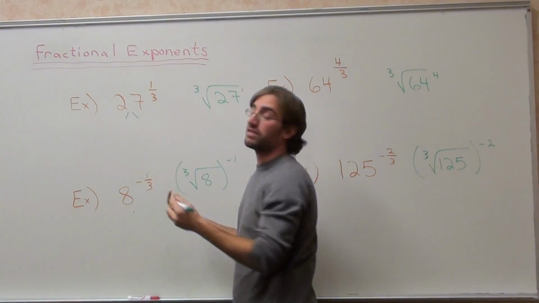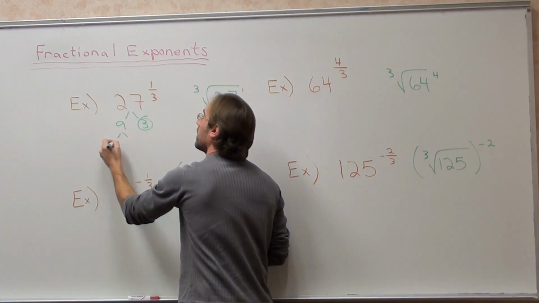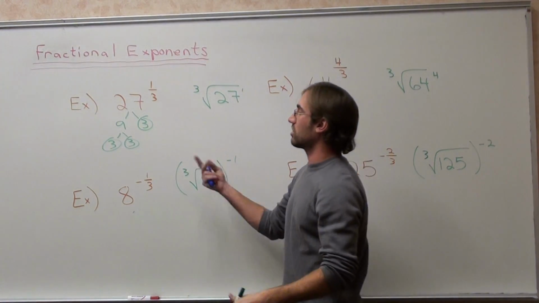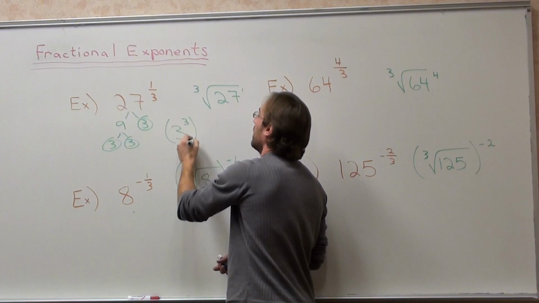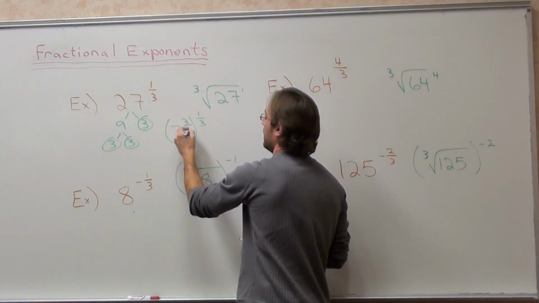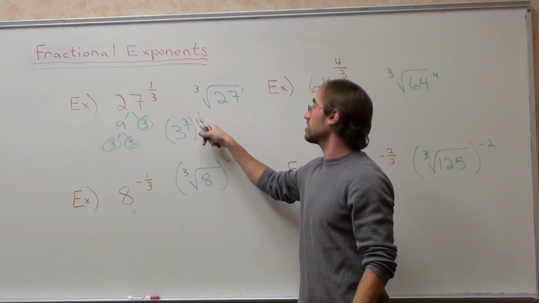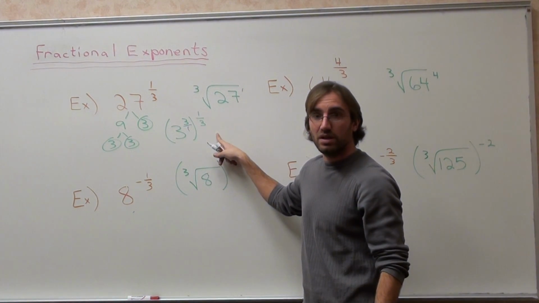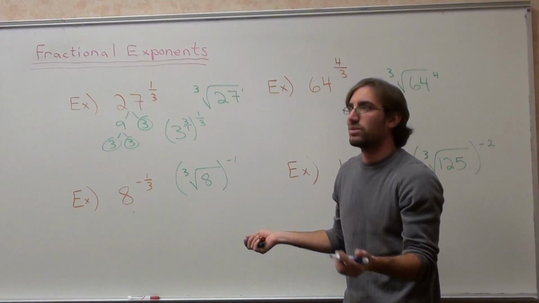So I'm going to split the base of 27 into 9 and 3. I'm going to split the 9 into 2 3s. So 27 is actually 3 to the 3rd power, and it's all taken to the 1/3. Now by skipping steps, here's what I mean. I'm not going to tell you 3 times 1, well I am, but I'm not going to show it. 3 times 1 is 3, 1 times 3 is 3. So it's 3 over 3. When I multiply these two fractions, it's 3 over 3, which is 1. So it's 3 to the 1st,